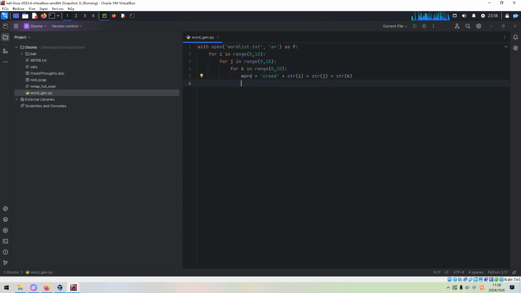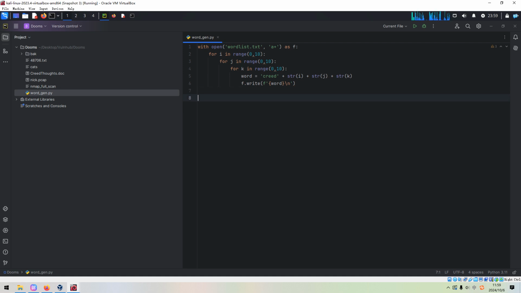And then we can write each word into each line of this file. We can use write word, and also the line separator \n. Okay, so that's it. We can save.